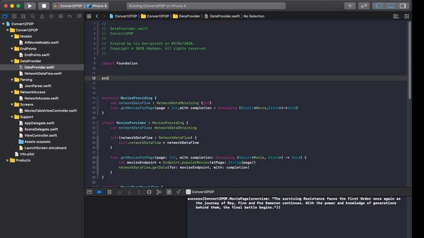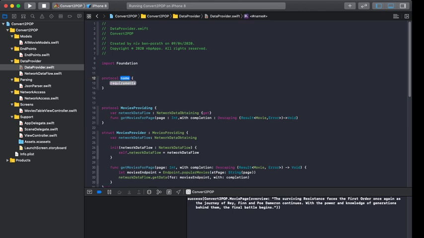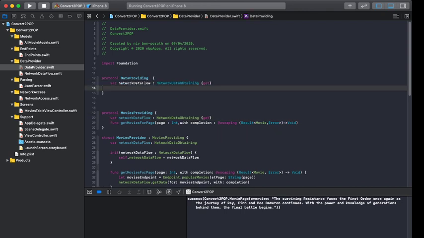We'll have a protocol for data providing. There's a way I saw in Sean Allen's video where you can have it spell check. I'll do that later. In this protocol, we'll have